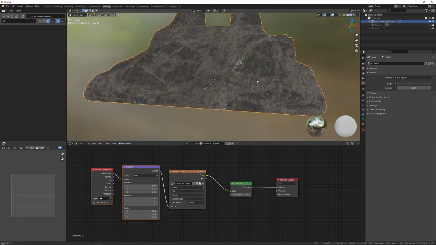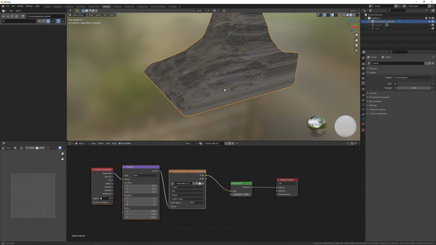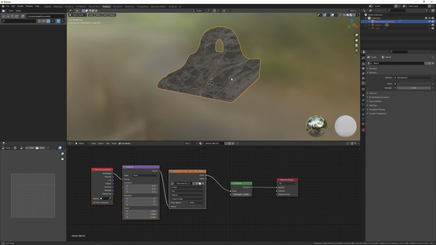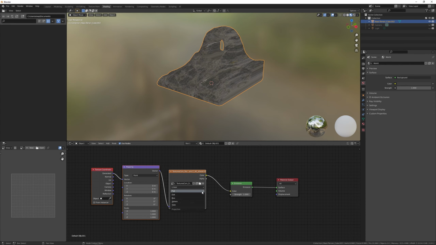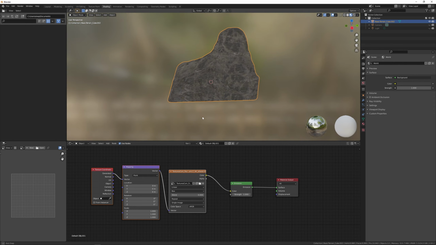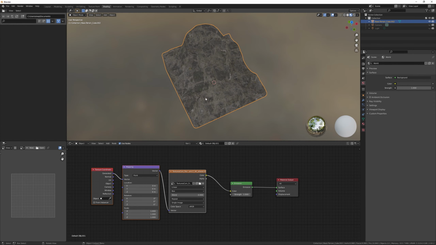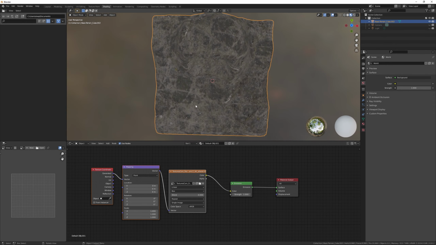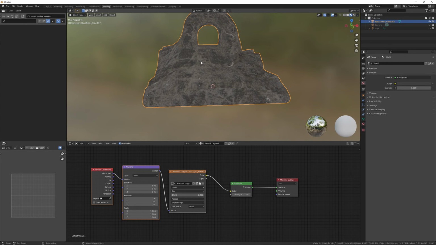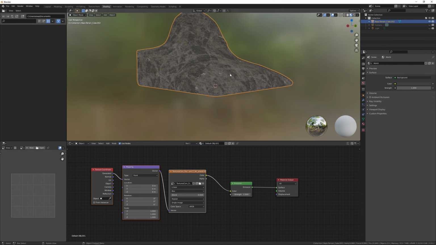And now this is really stretched. So what you can do is use what in Blender is called box projection. In other programs it might be called triplanar mapping or something like that. So now this texture is applied depending on the surface normal of the polygons, what direction they are pointing.